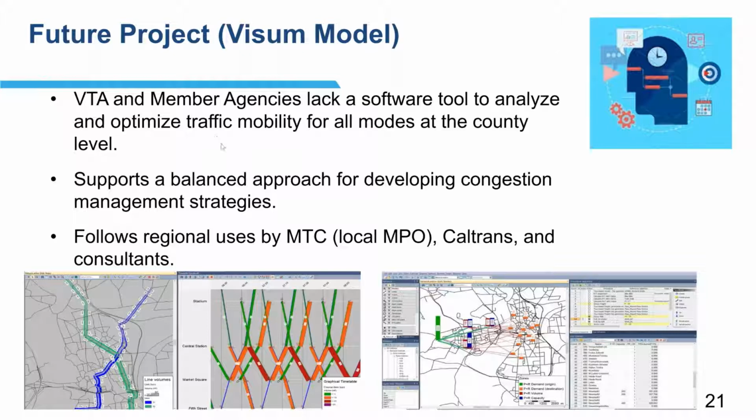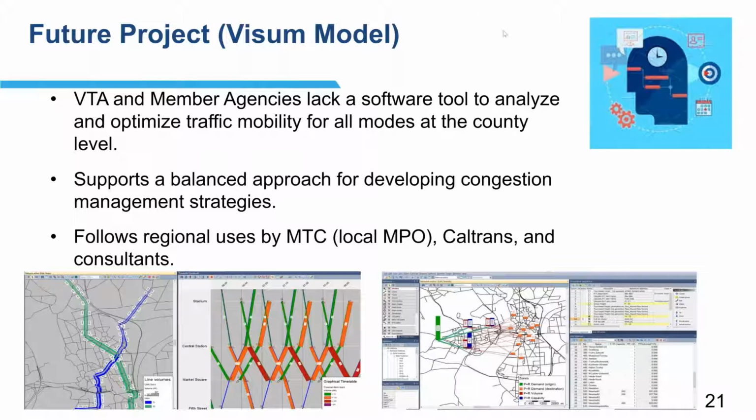So we don't have any one agency, VTA, which is also a transit agency, competing against the county, which operates the expressways, as well as the local cities. They're responsible for their roadways as well, and traffic in their areas.